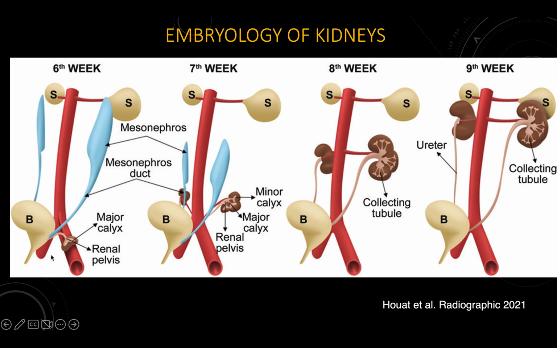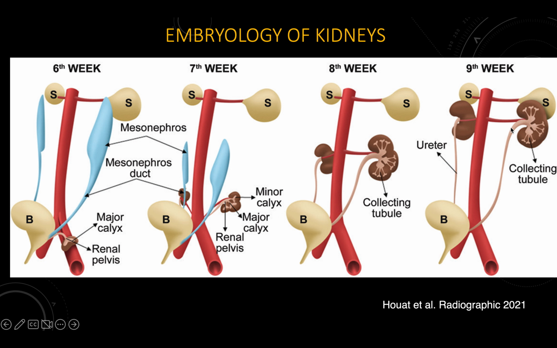whereby the ureteric bud originates in the pelvis, and it divides from the renal pelvis and becomes the major calyx. At the same time, it starts to ascend caudocranially, and as it divides more, becoming a minor calyx, it receives some supply from the aorta directly, as we know that's the renal artery supply, and then it ascends and becomes more mature by 9